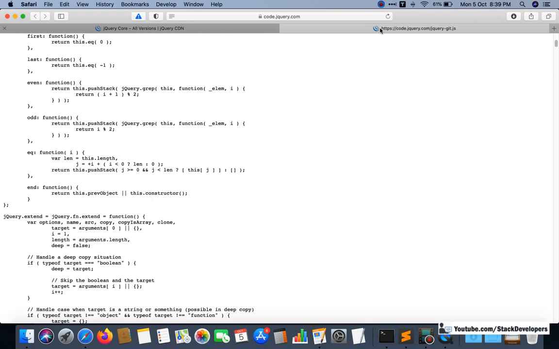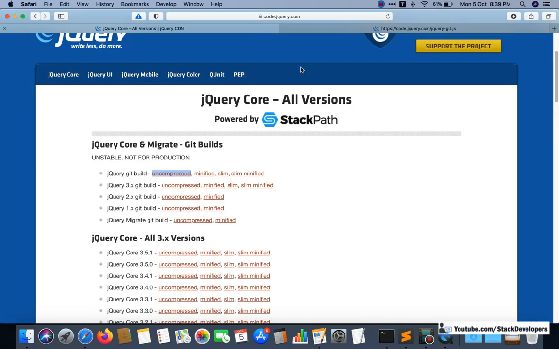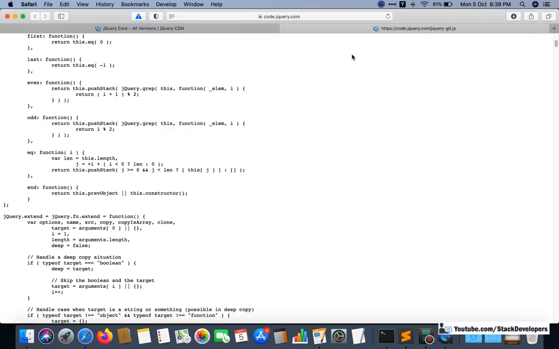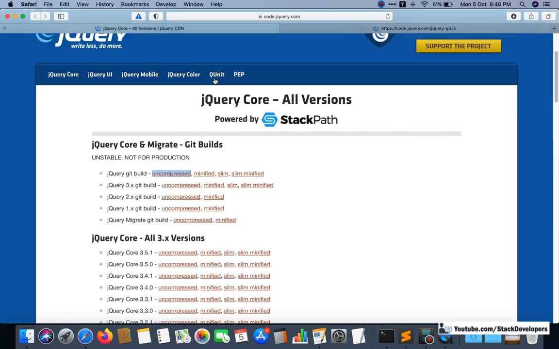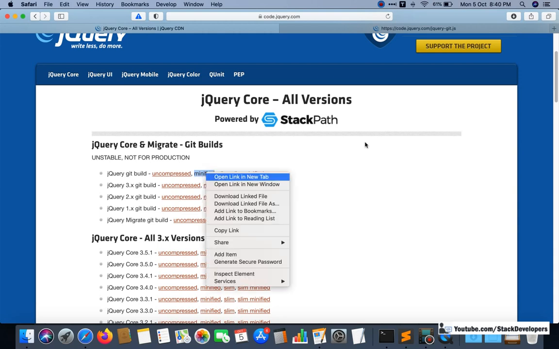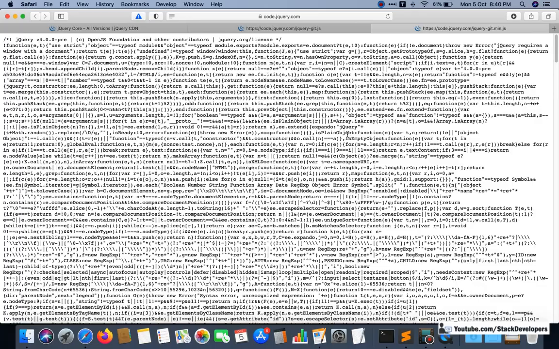It is not compressed, so this one you can use for development. But for production, whenever you make the website live, you can use the minified version. Minified is the compressed form.